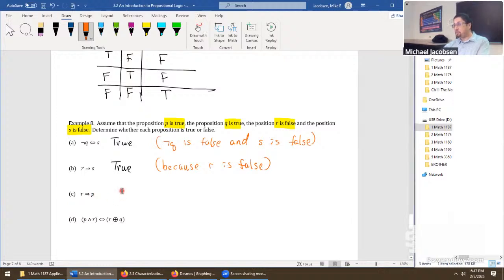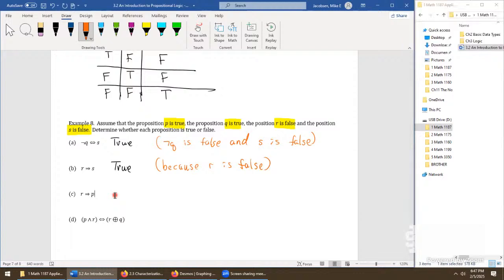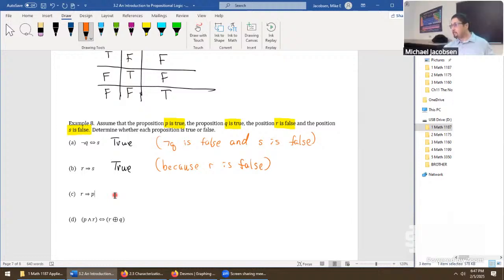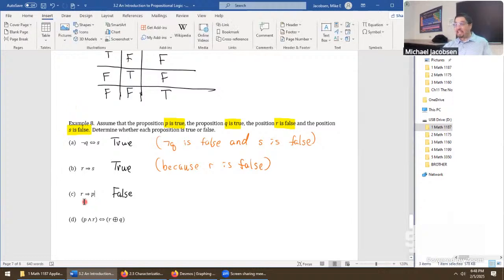Okay, well, how about for this one, for really anybody? Would you call this true or false? True. Let me double check. Looks like this is the one that would be the one false for the implication. But you know, it's really kind of tricky on these. This one would evaluate to false. And that's because, think again of our author's way of thinking. R implies P is like a promise that if R is actually true, the statement here is R is false,